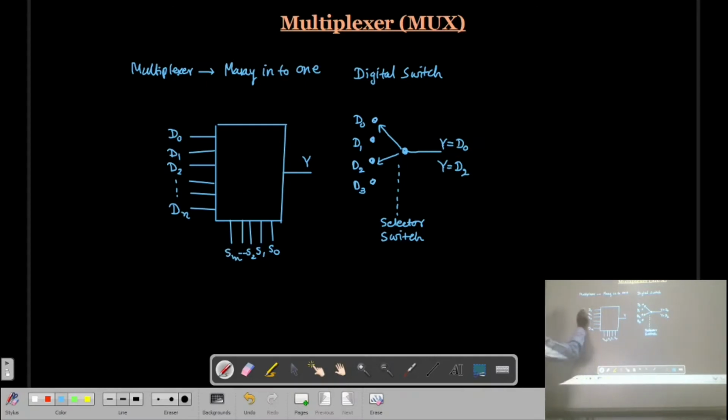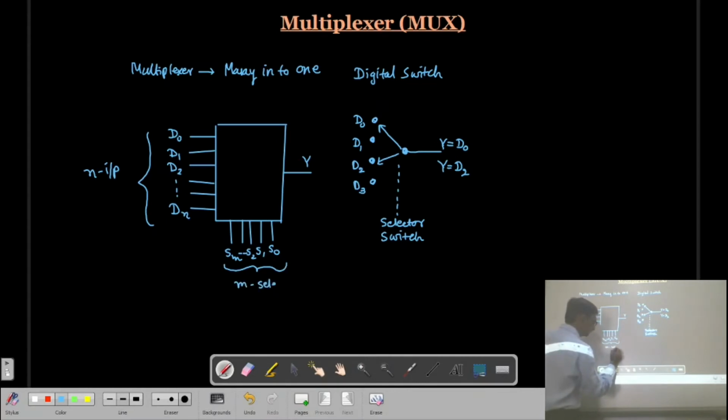So here we have n number of inputs, and m number of selector lines.